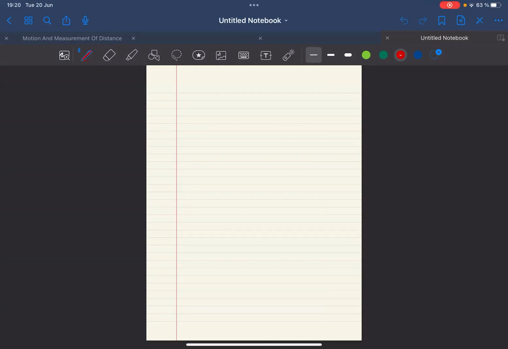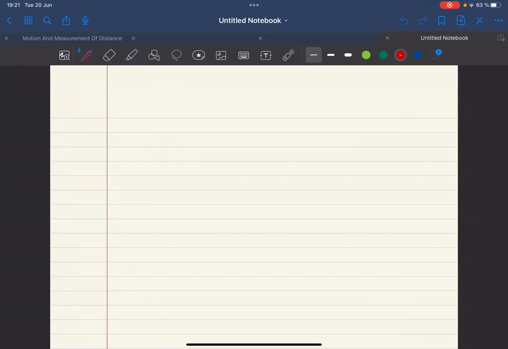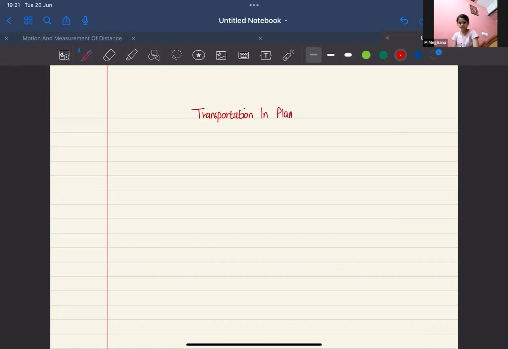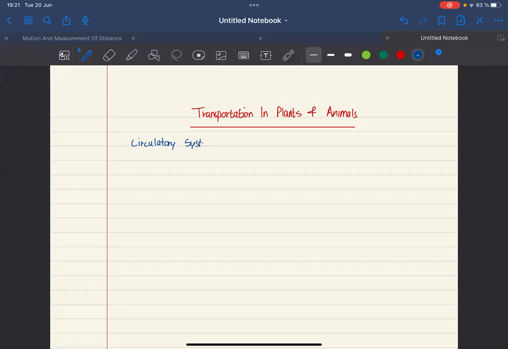The name of the chapter is transportation in plants and animals. My screen is visible, right? Yes, ma'am. Okay. So this transportation is carried out by an important system of the body, that is the circulatory system. So what is the circulatory system? It is the organ system